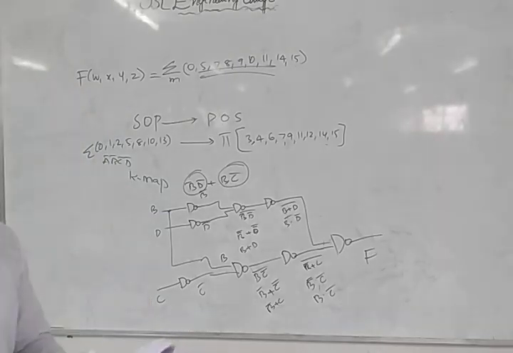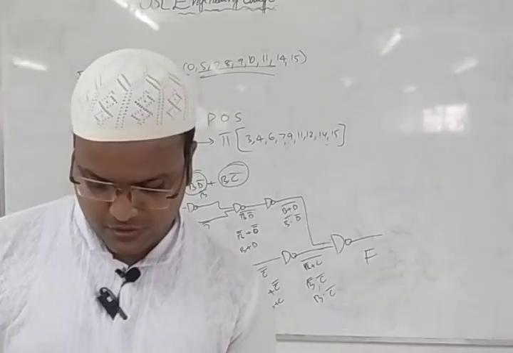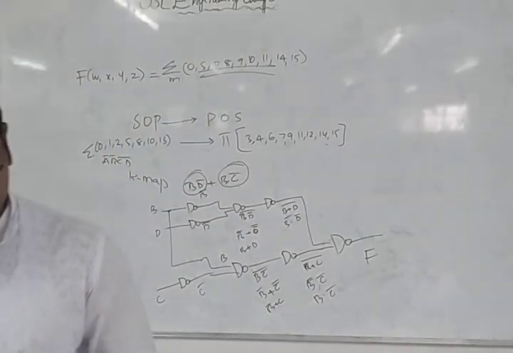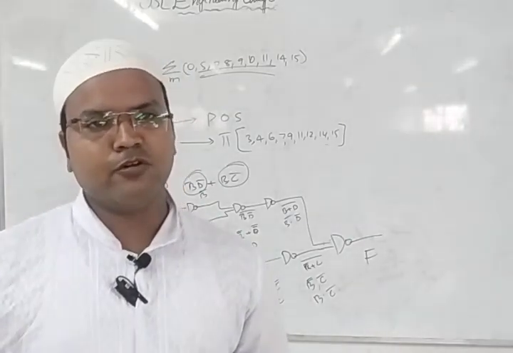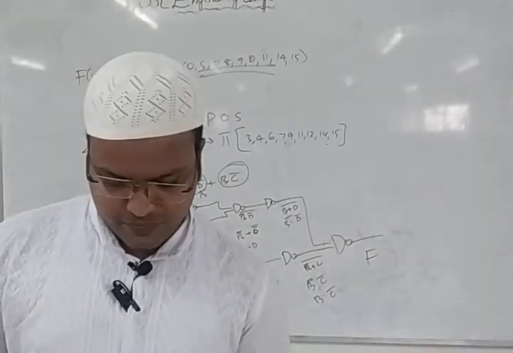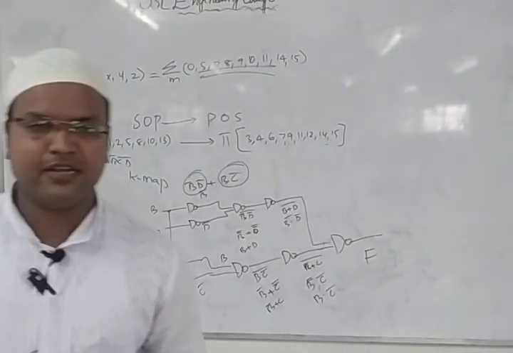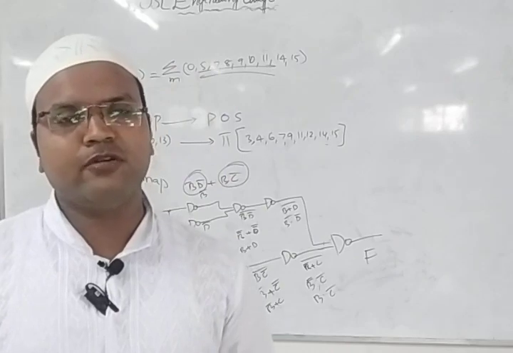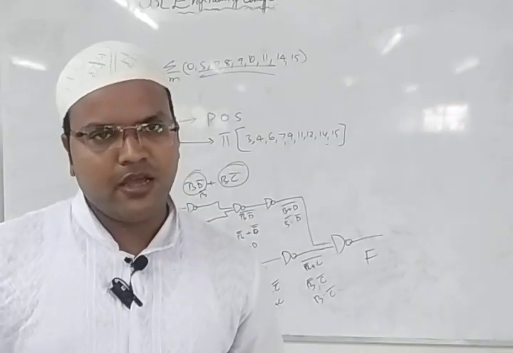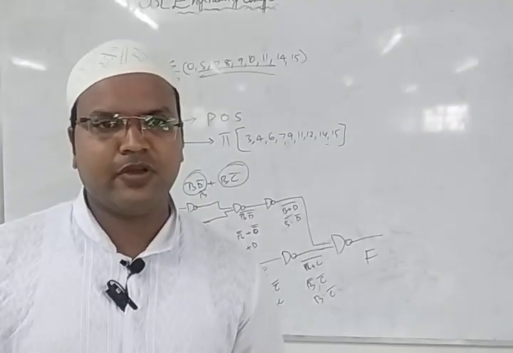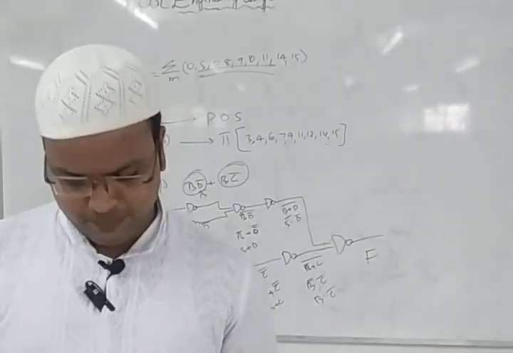Solve the function f of w, x, y, z by using K-map and gate level designing. This is the 4 variable K-map given in question number 4, unit 1, LAQ. You have to use K-map and gate level designing, so you should solve this using gate level. You can use any basic gates, an AND gate, NOR gate, any particular gate, and you can find out the values for it.